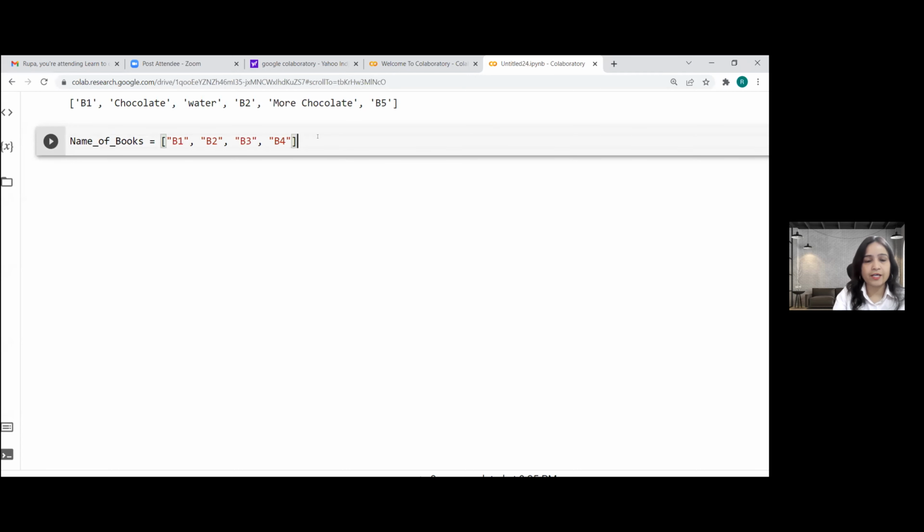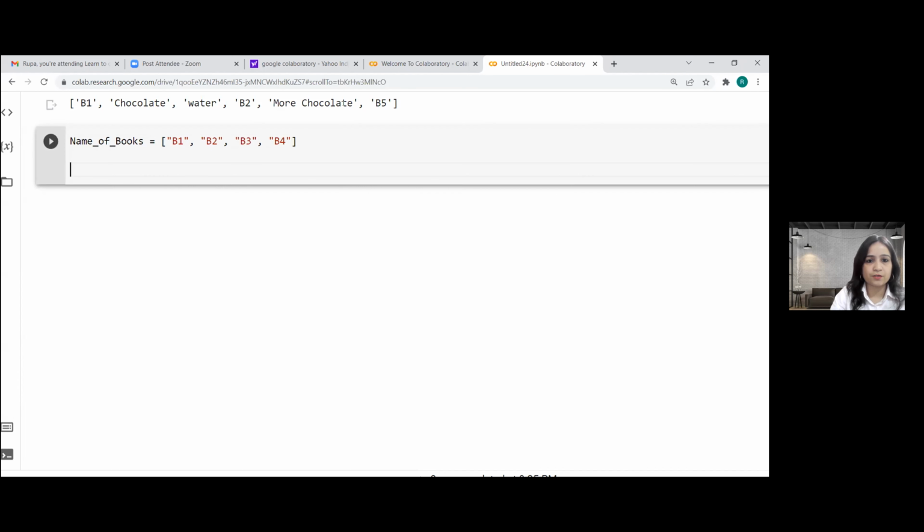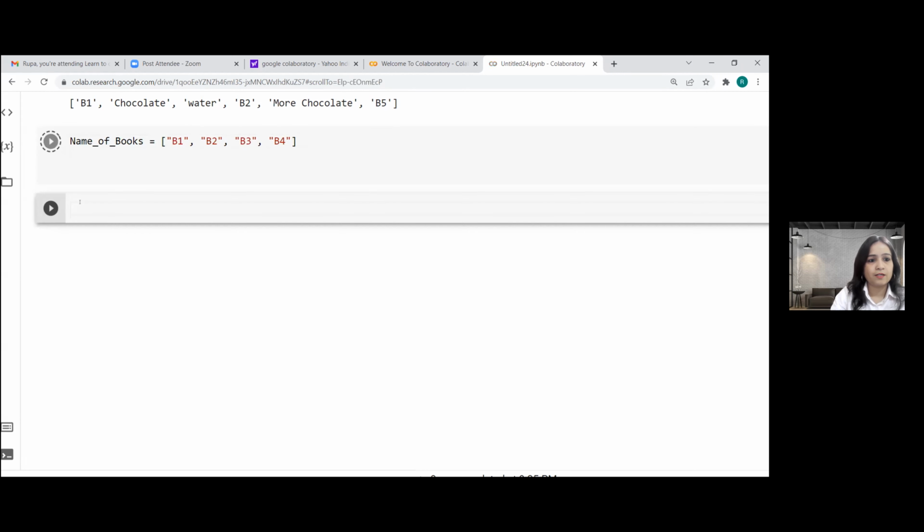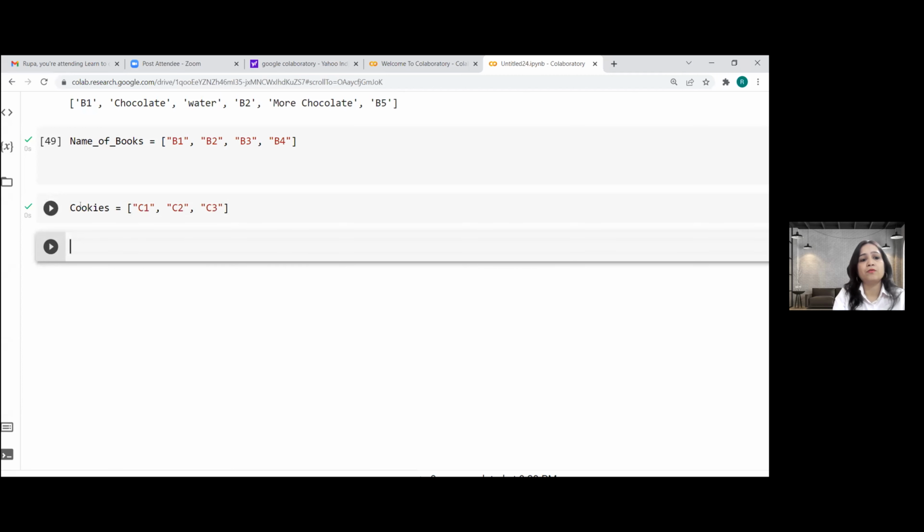This is the list 1 that I have, and another list which we created is cookies. So here we have cookie 1, 2, 3, and so on. So now he wants to extend his support. So what we can do